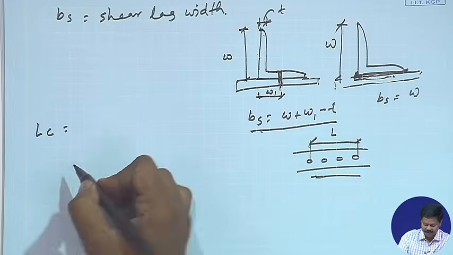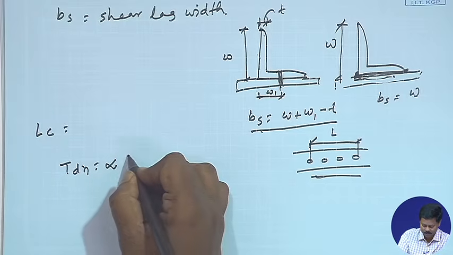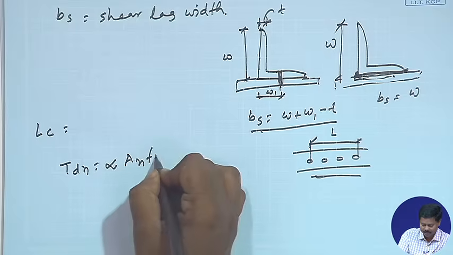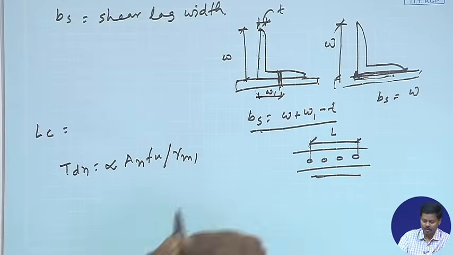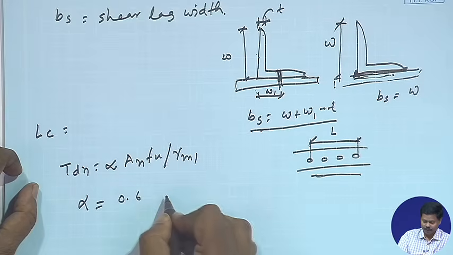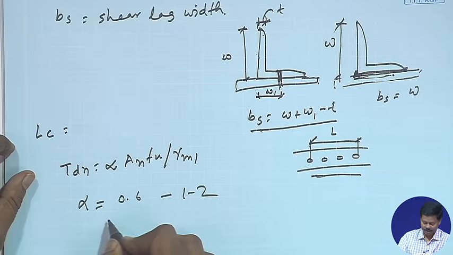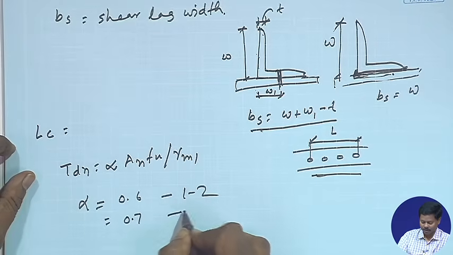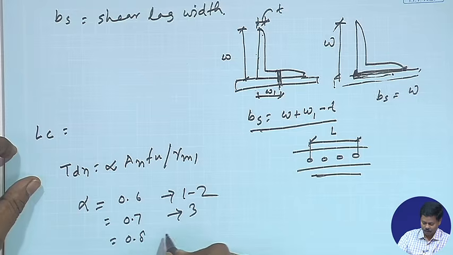So for preliminary sizing we can calculate Tdn from this formula, approximately alpha into An Fu by gamma m1, where alpha is a factor which can be considered as 0.6 for 1 or 2 bolts, 0.7 for 3 bolts, and 0.8 for more than 3 bolts, meaning 4 or more,